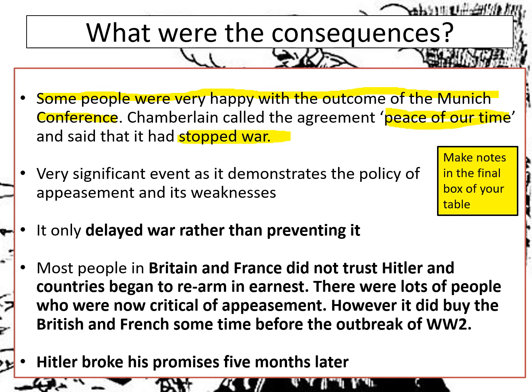So one of the consequences was a feeling in Britain that Britain had now done everything they could. It demonstrated that the policy really wasn't that great, because all it did in the long term was it delayed war. War was going to happen because Hitler wasn't going to keep his promises. He didn't see Britain and France as being particularly strong. They had said no to him having the Sudetenland, but when he threatened war, they gave in and gave him exactly what he wanted. Most people in Britain and France didn't trust Hitler, and many countries now began to rearm very, very quickly.